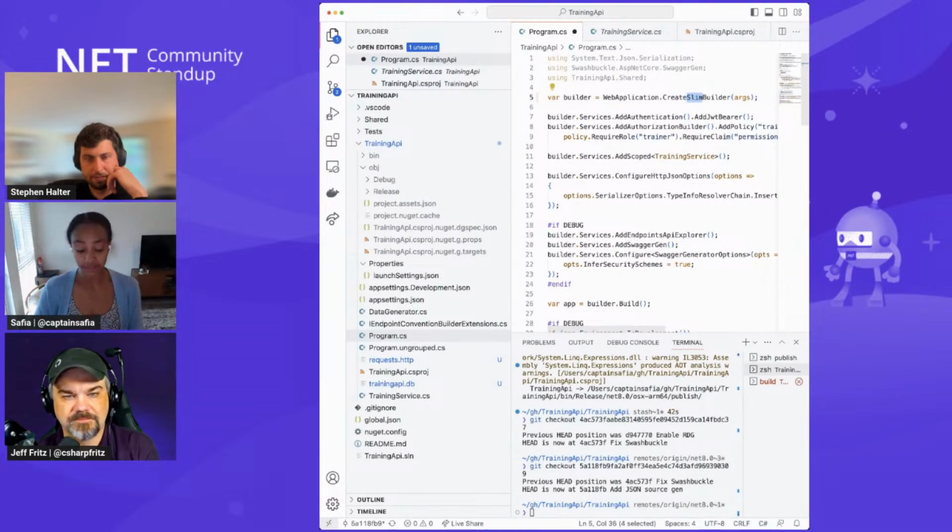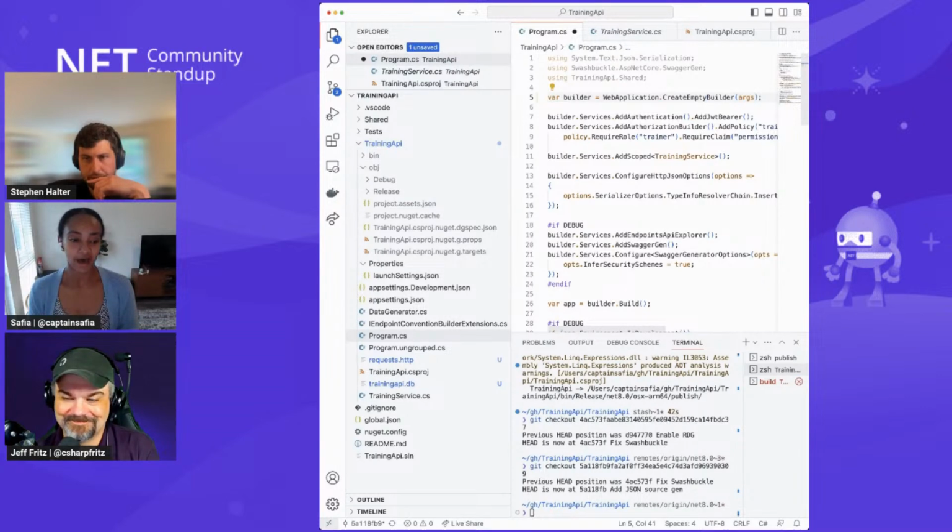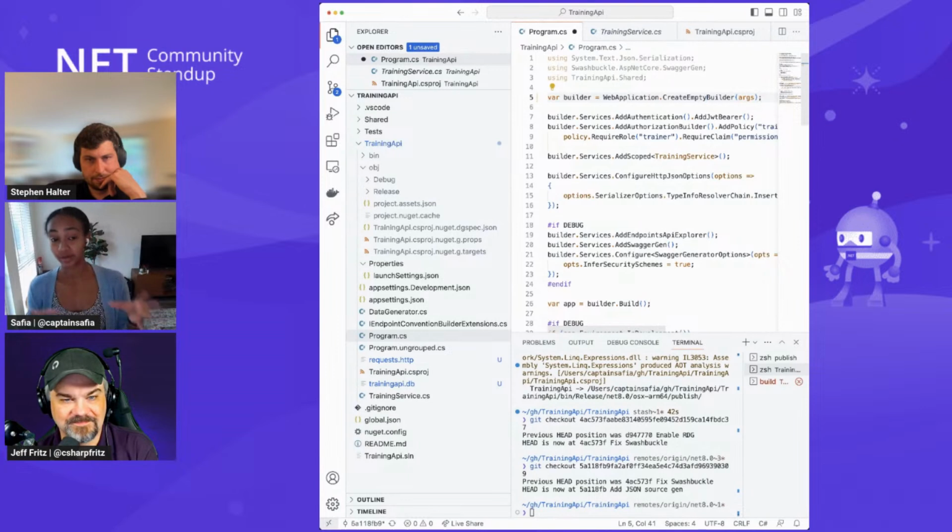There's also CreateEmptyBuilder, which configures an empty builder, so no defaults are set for you. You can use that if you want super granular control over what's set in your web application. It's the do-it-yourself model, isn't it? Do-it-yourself model. And there are other APIs that we've shipped to reduce the dependencies you take on HTTPS in your application. So that was a little bit of the whirlwind tour of it. We talked a little bit about how you can take an existing app, upgrade it to .NET 8, turn on native AoT. We talked about what works really well and what we've added support for.